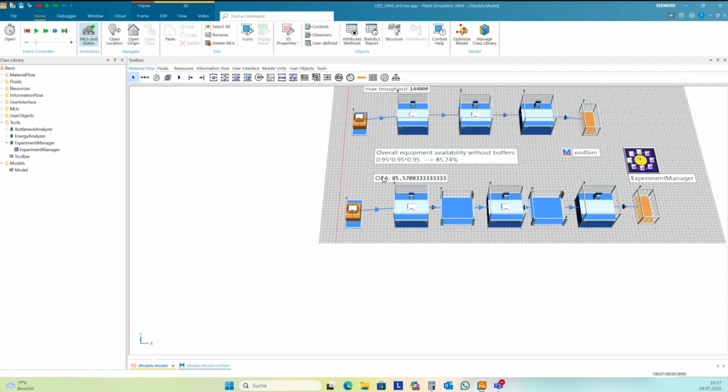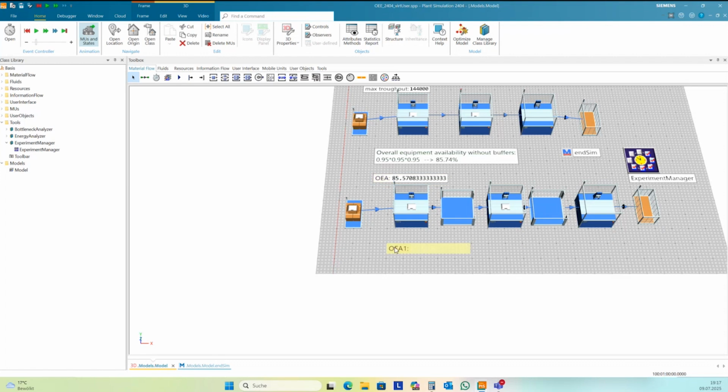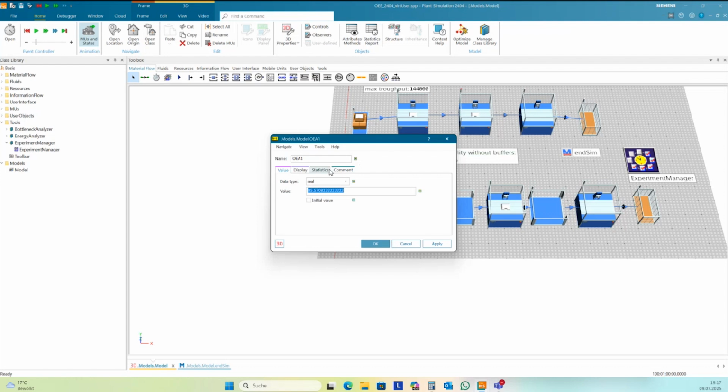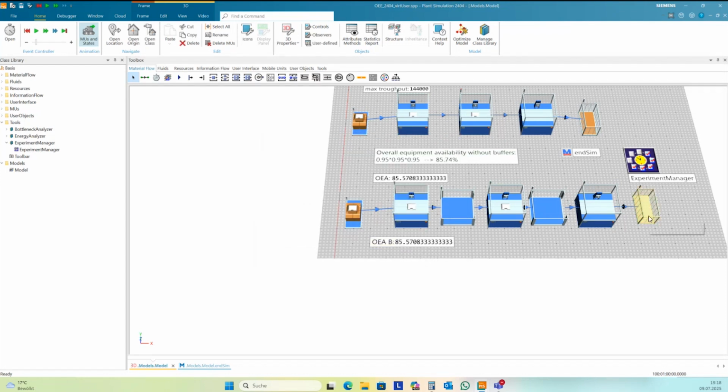Okay, I create another overall equipment availability variable here, with underline P for underline B for buffer. And this is now train 2.